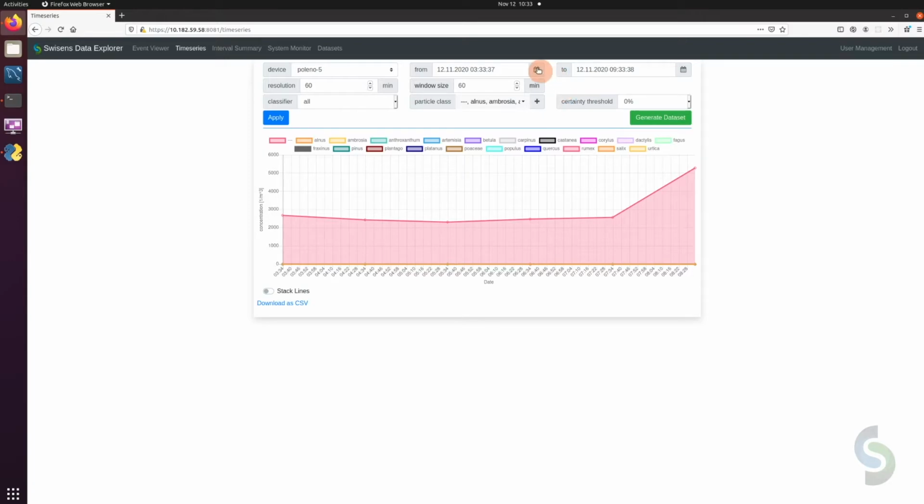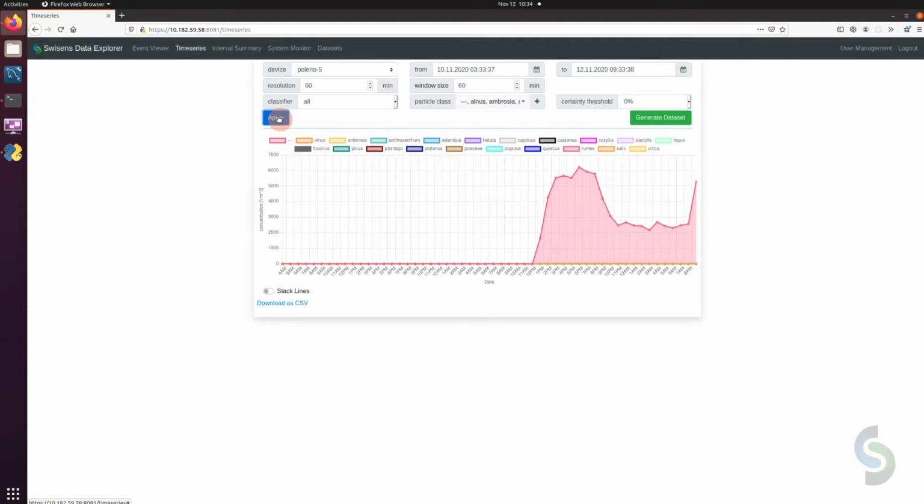So now I want to expand the time range. I go here to the starting time and change it to 2 days before now. I apply the settings, and after a short calculation period, you see that the device was actually not running 2 days ago, and only started measuring yesterday at 11:30,